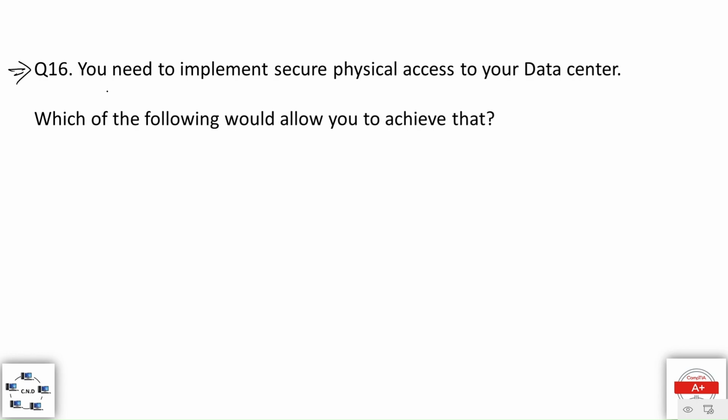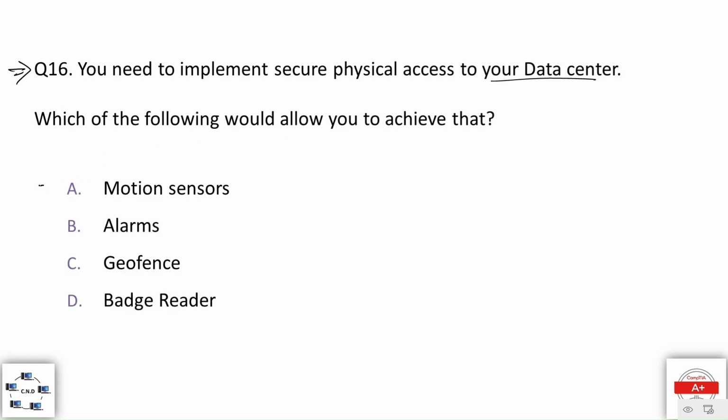Question number 16, you need to implement secure physical access to your data center. Which of the following would allow you to achieve that? The options are option A, motion sensors, option B, alarms, option C, geofence, and option D, badge reader. So we are talking about secure physical access inside the physical facility or building that houses your data center. And the correct option is